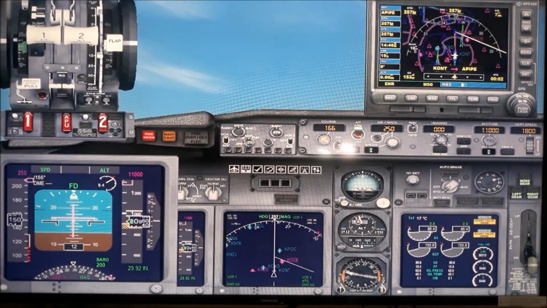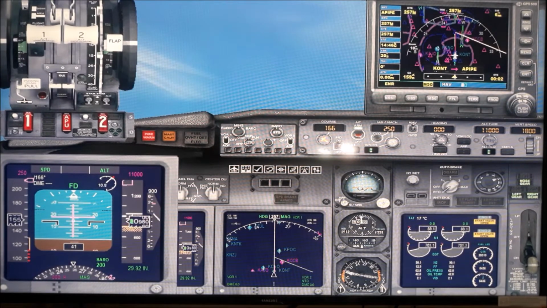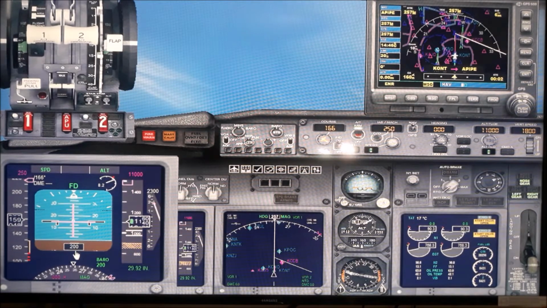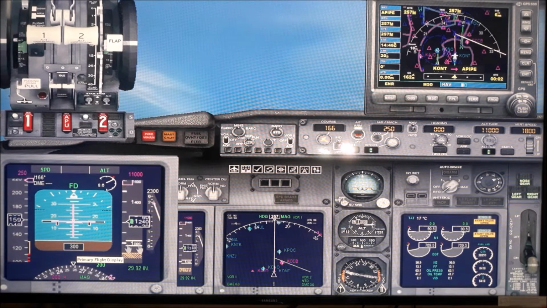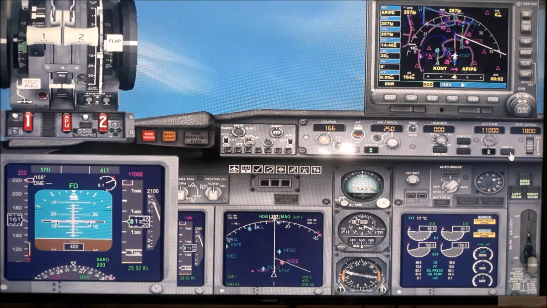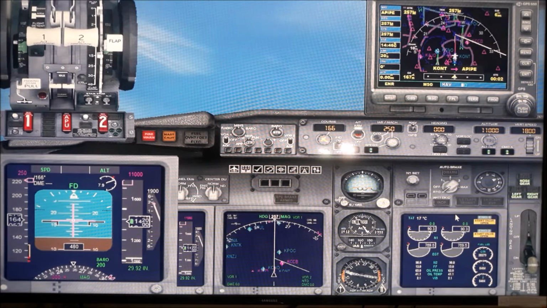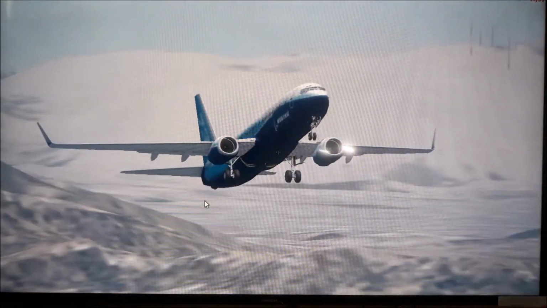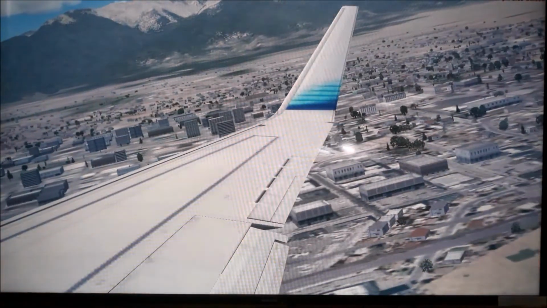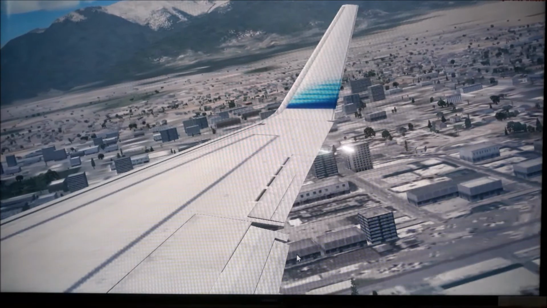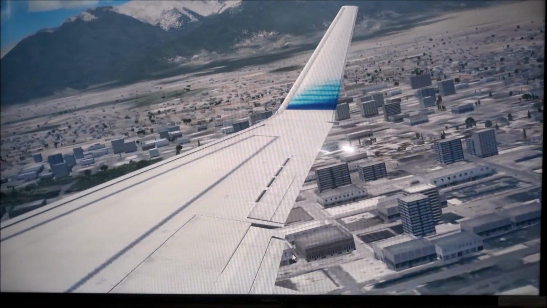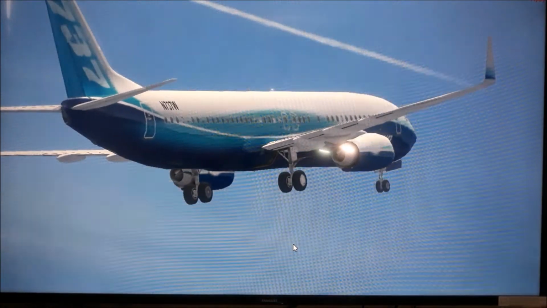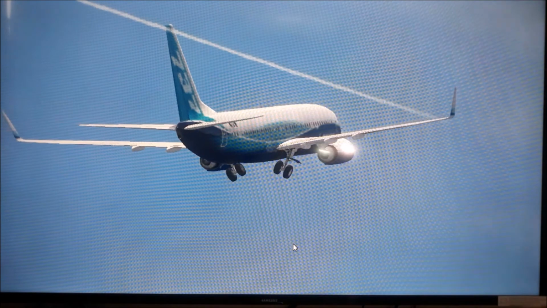And I will maintain about a 15-degree angle. You can see approximately 15 degrees here. And this is climbing now, 200 feet. When it is around 300, 400 and stable, I will put on the autopilot, and then the autopilot will take over the climb. Now you can see the plane is climbing, and what we will do is pull the flaps back. Gear up, the landing gear up. Okay.